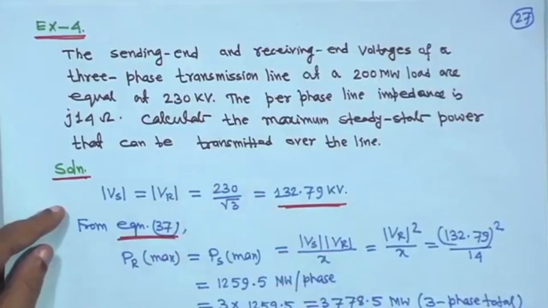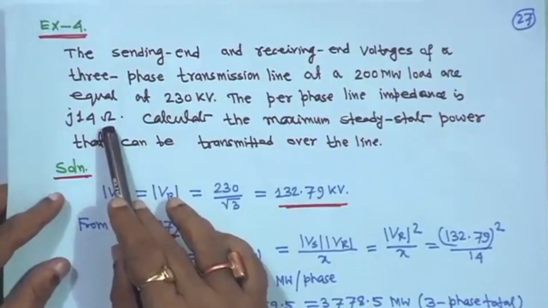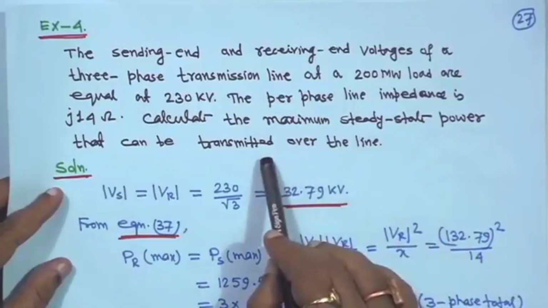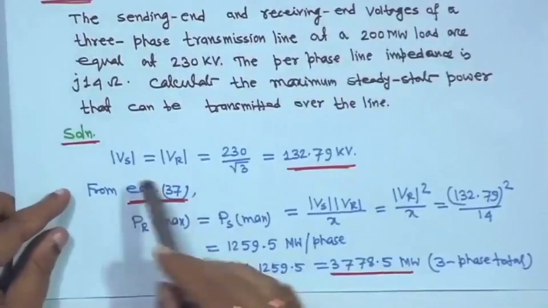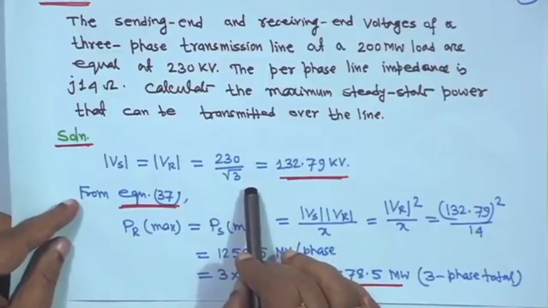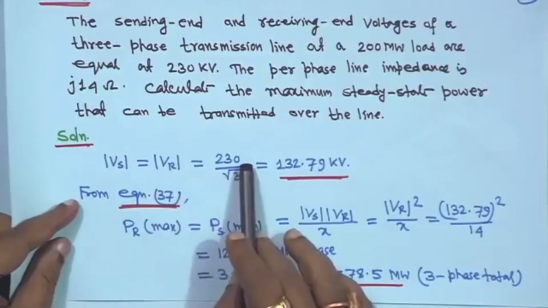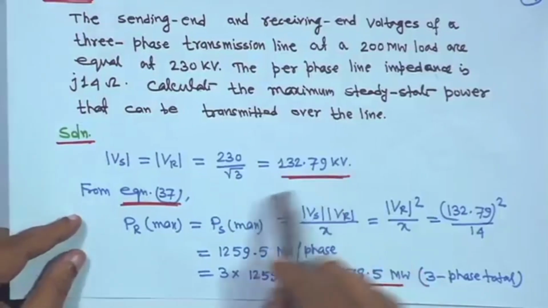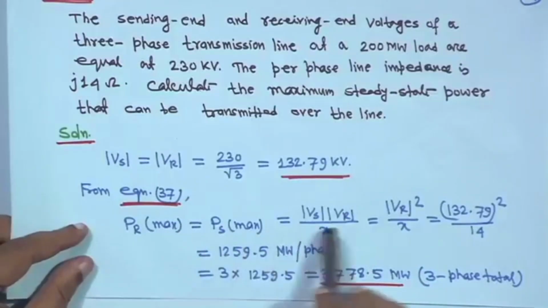The per phase line impedance is j14 ohm, that is R is neglected, reactance is taken. Calculate the maximum steady state power that can be transmitted over the line. So, magnitude Vs, Vr, which earlier we have discussed, that we will go for per phase basis analysis. So, magnitude Vs is equal to magnitude Vr is equal to 230 upon root 3, that is 132.79 kV. Now, from equation 37, Pr max is equal to Ps max is equal to Vs Vr